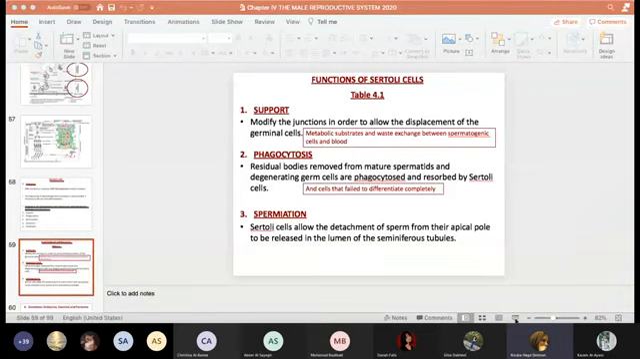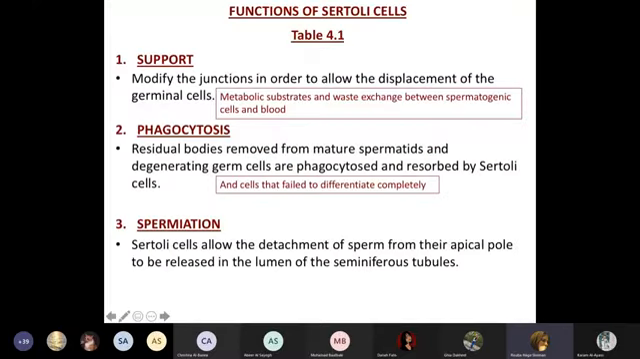So today we are going to continue chapter 4. We are going to talk about the functions of Sertoli cells. Now, last week we talked about the structure of the Sertoli cells. We mentioned the apical and lateral processes, and we talked about the importance of tight junctions that exist between the Sertoli cells, as well as the other types of junctions that exist